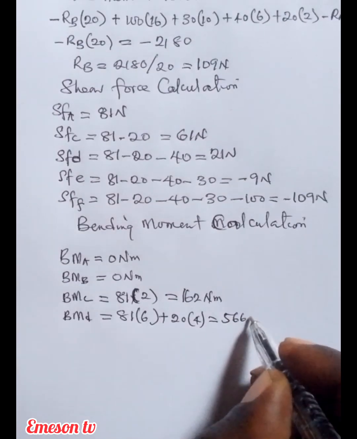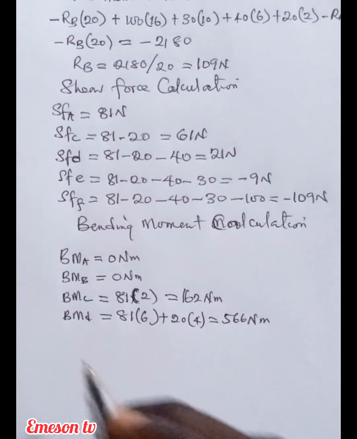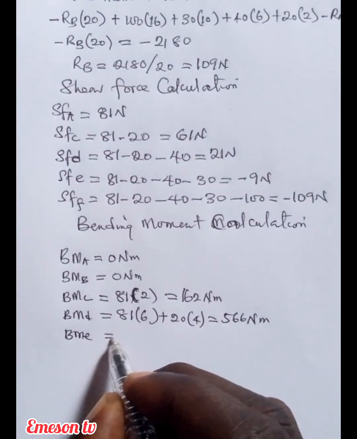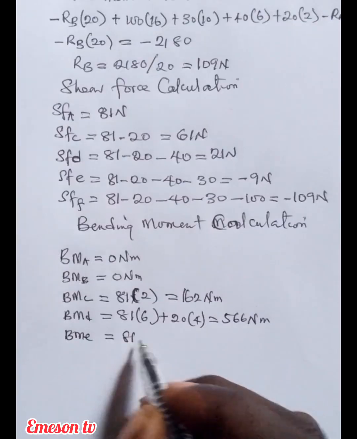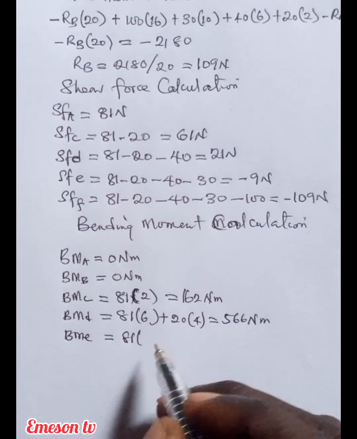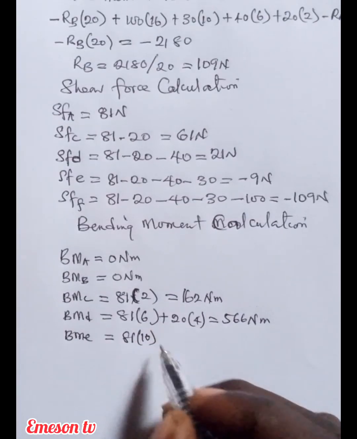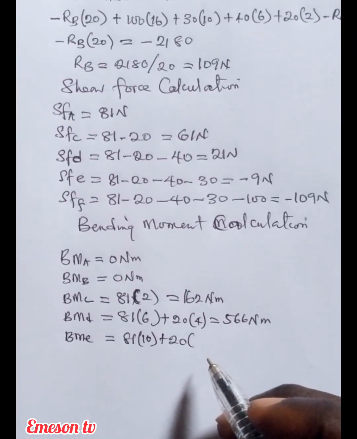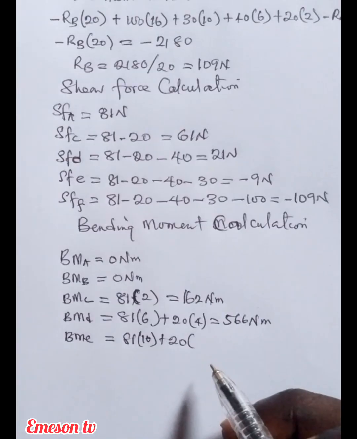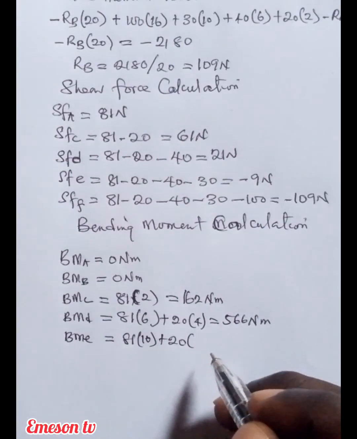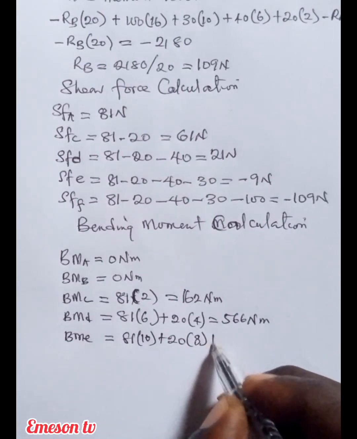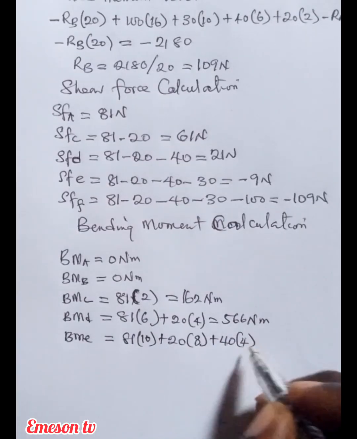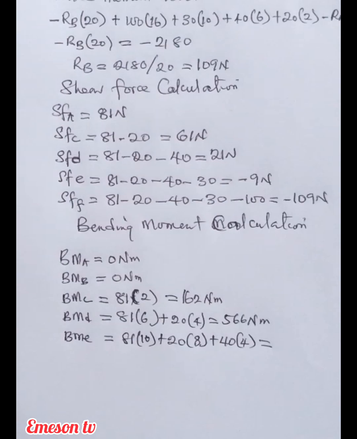566 N·m. Bending moment at point E. We have 81 multiplied by the total perpendicular distance, which is 10, plus 20 multiplied by the distance from RA to point E, which is 8, plus 40 multiplied by the distance, which is 4. This will give us